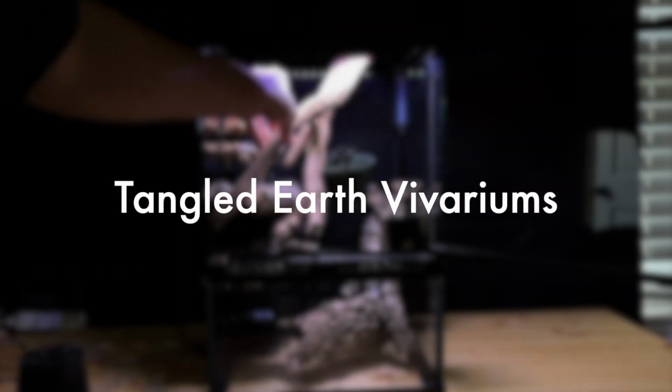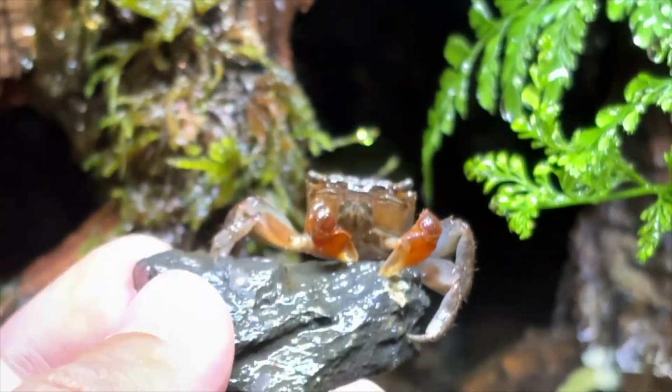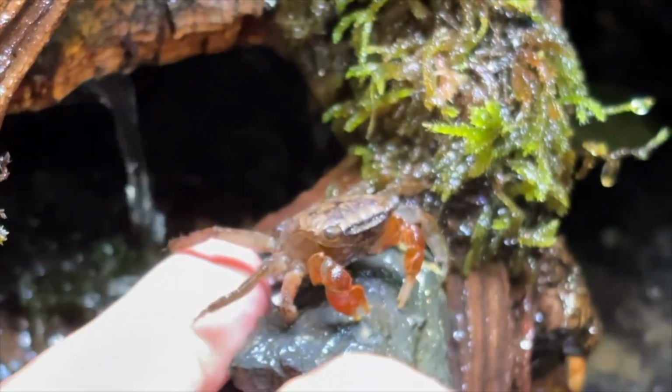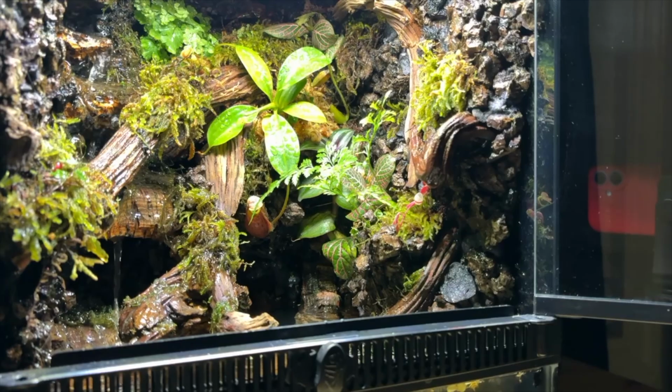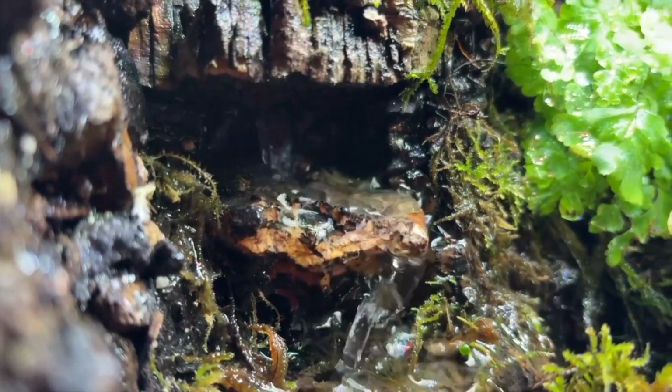Let's make a desktop jungle paludarium for some super cool crabs. These are vampire crabs, one of the most unique and beautiful crabs that you can keep as a pet. Today, we're making a jungle-style tank with land areas, an aquatic pool, tons of plants, a flowing waterfall, and an